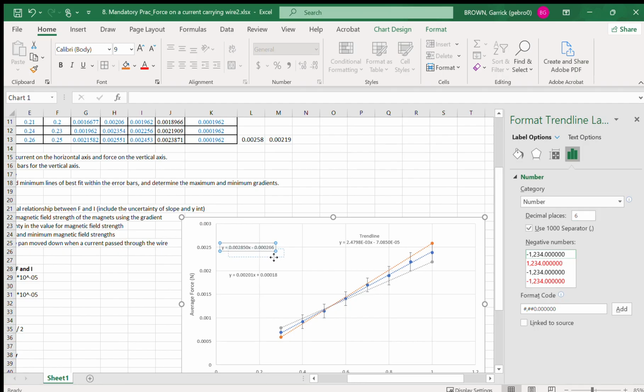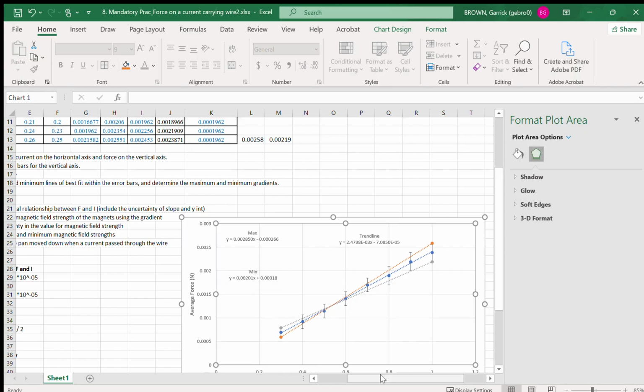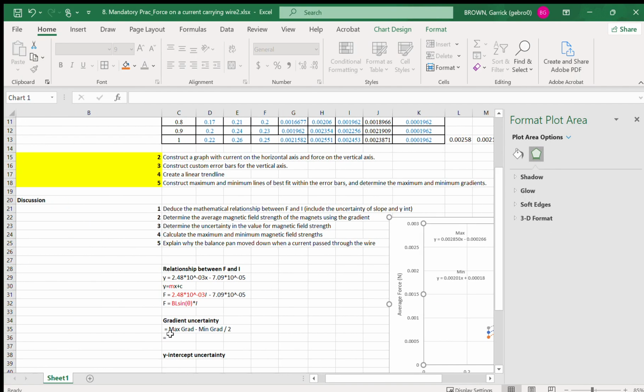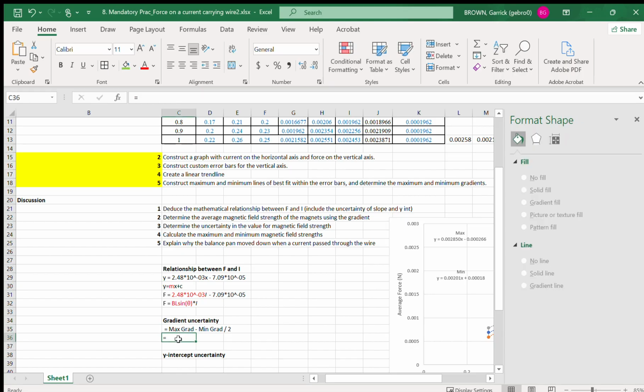Sorry, I just wanted to increase the number of sig figs in that, and this is my maximum trend line. Just because I saw that if we were to minus some of these values, we probably wouldn't get much difference, or a clear enough difference. Okay, so just going back here,